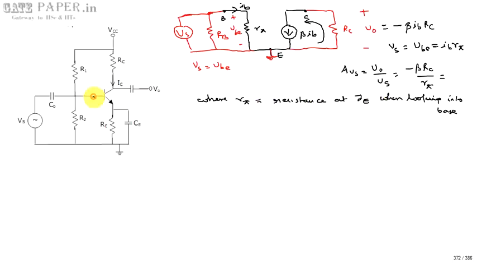Whenever you are looking into the base, from the emitter side, this is called R pi, and if you are looking into the emitter for the same emitter base junction, it is called RE. Why it is like this: even though you are going for the same emitter base junction, this is the base side and this is the emitter side. This is an NPN transistor, so the base is of N type and the emitter is of P type, but the current flowing into the base is different from the current flowing into the emitter.